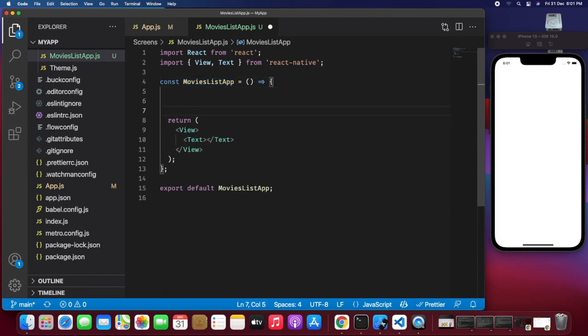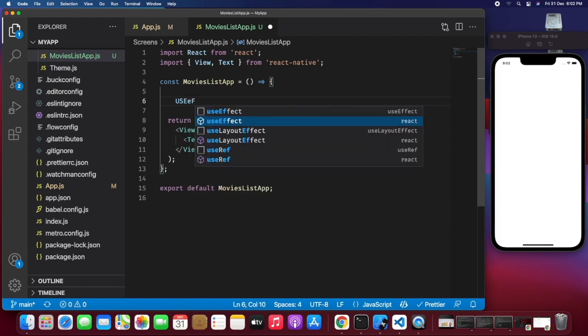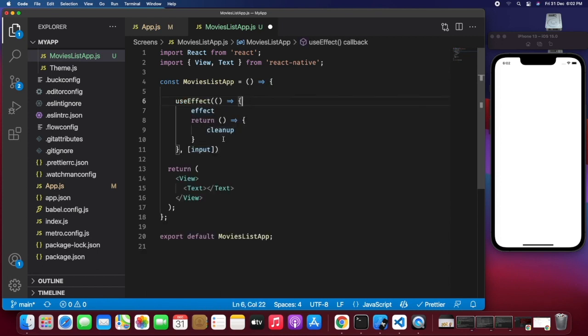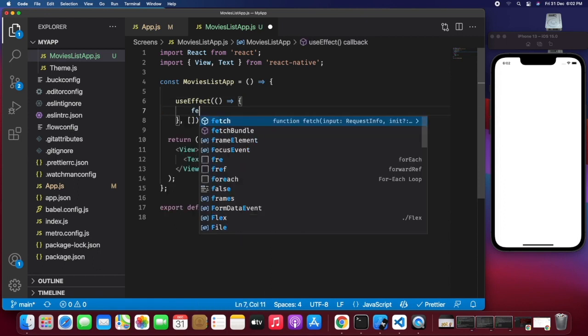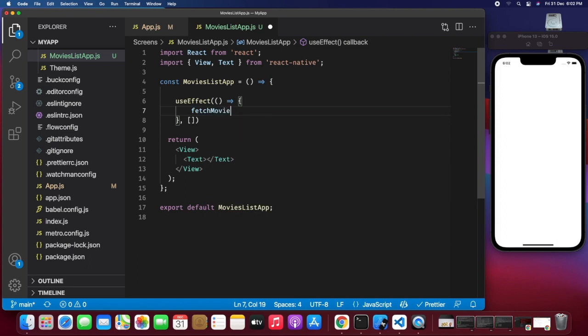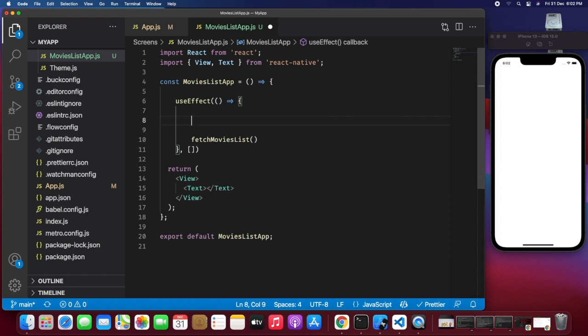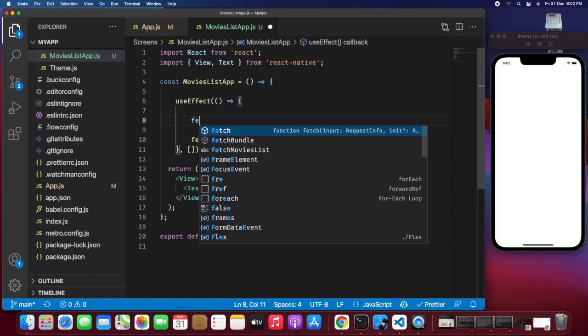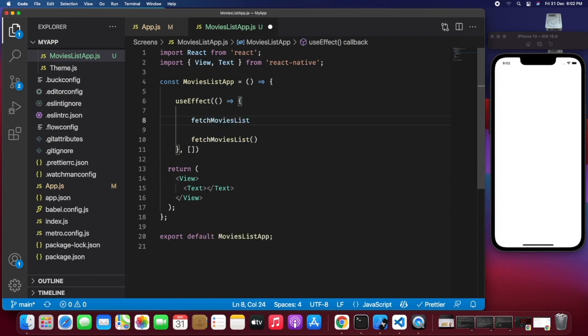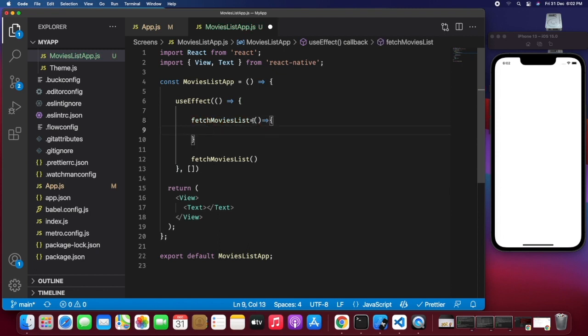So I want to execute some code when the component is rendered. So I can use useEffect, and I will make a function call, and the function name is fetchMoviesList. Then define this function fetchMoviesList. It's an arrow function, fetchMoviesList, and it's an async function. So use the keyword async,